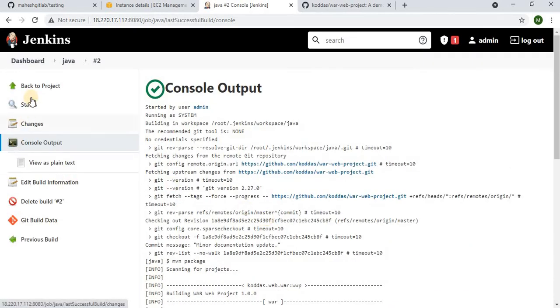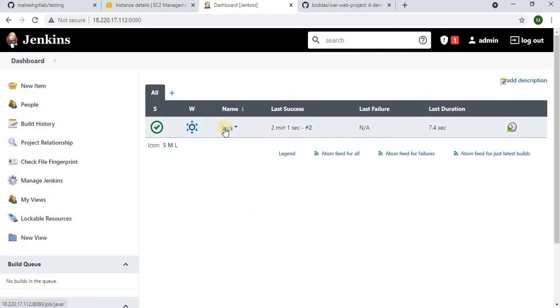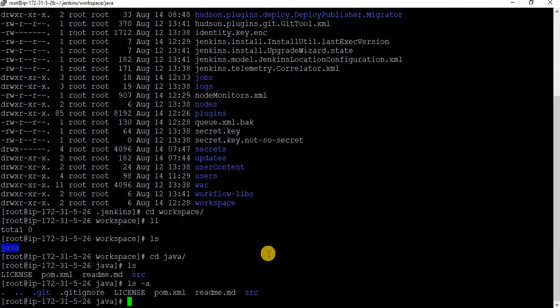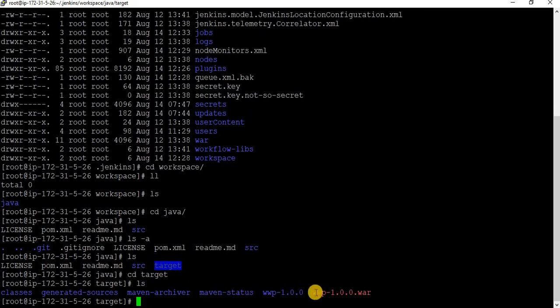So in the first step, we downloaded code from the remote repository. In the second step, we built an artifact using the code. If you observe how many jobs we have here, we only have one job, project Java, and within that we have done this, correct? Now we have seen how download happens and how build happens. Let us go here, give ls. Now you could see target, cd target, ls. So this is the war file.